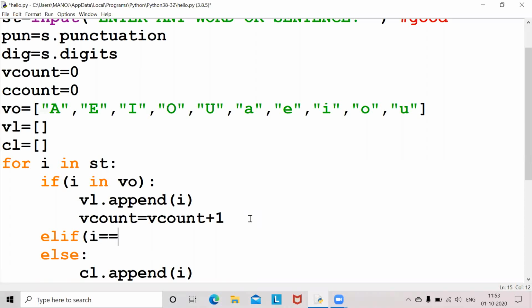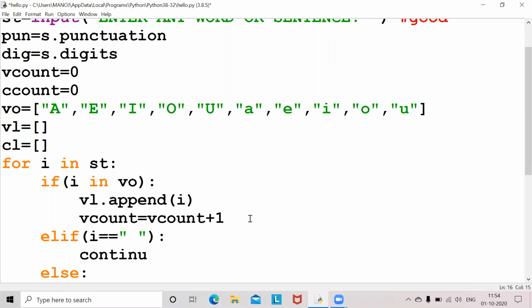If I is equal to a space, then what should we do? We use continue. Okay, continue is a keyword in Python. If a space is there, then it will not print that space and the remaining it will print.